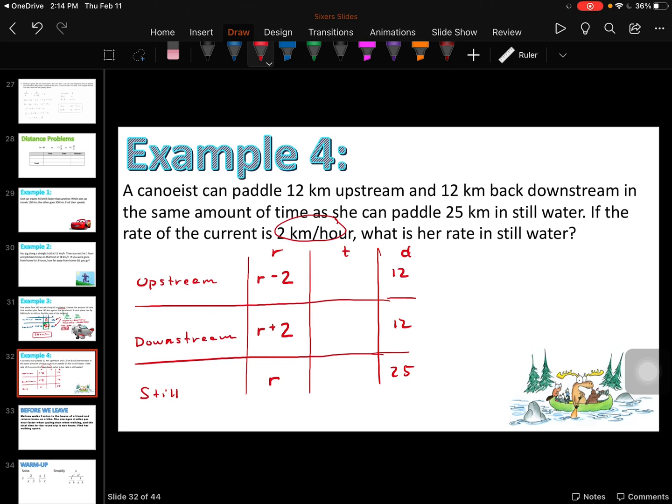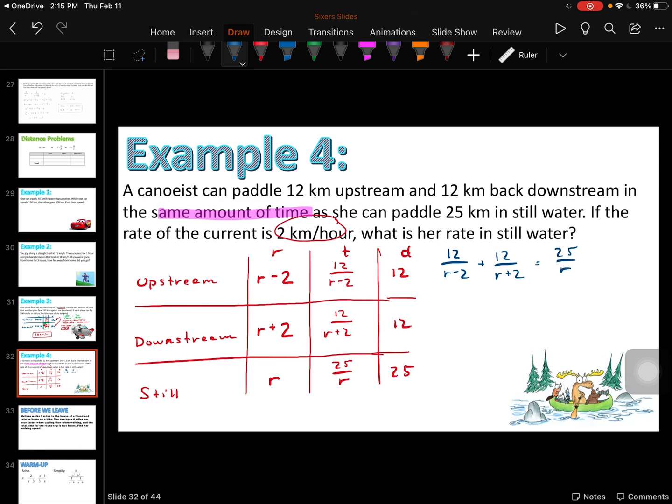So we're going to do time equals distance over rate. So it's 12 over r minus 2, 12 over r plus 2 equals 25 over r. Now remember, we said there's an important sentence here that tells us how to set it up. Canoes can paddle 12 kilometers upstream and 12 kilometers back downstream in the same amount of time. That is the important part here. In the same amount of time that she can paddle 25 kilometers in still water. So my equation is 12 over r minus 2 plus 12 over r plus 2 equals